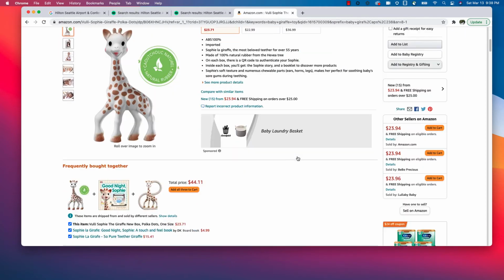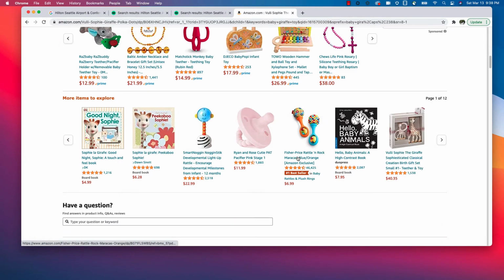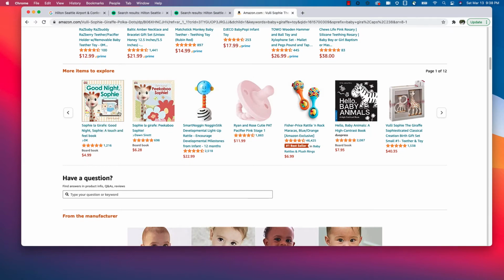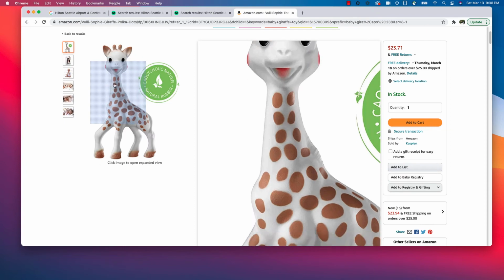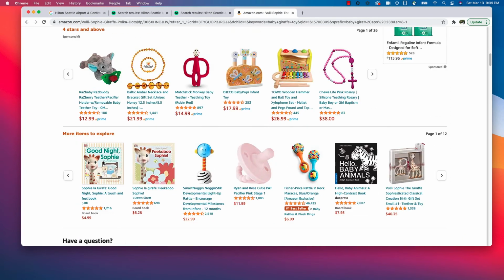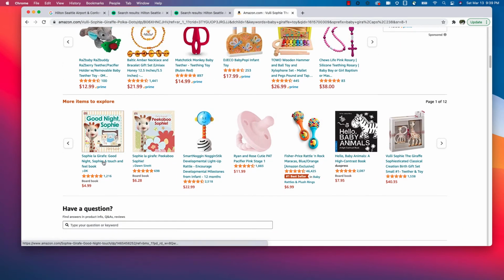So what Amazon does here is show you other items which are similar in nature to this item with slight variations. For example, this shows a book which is about baby giraffe. This also shows a peekaboo giraffe toy, and there are a few other examples which are similar to the baby giraffe.